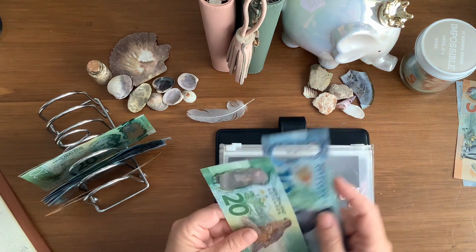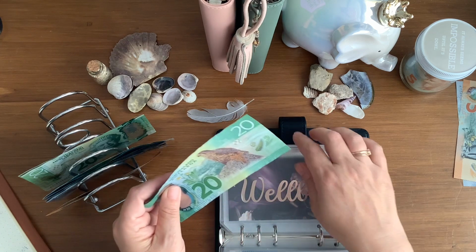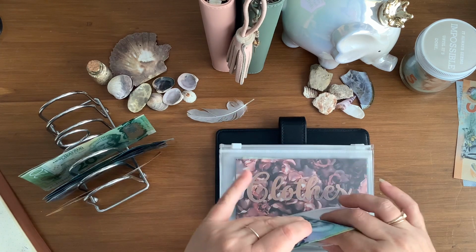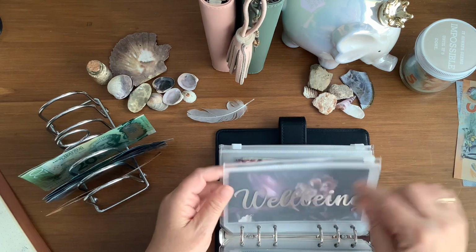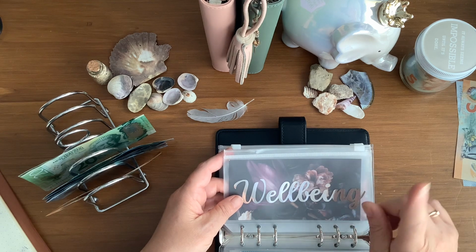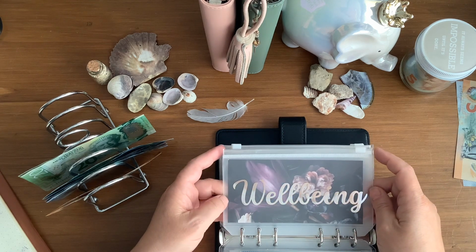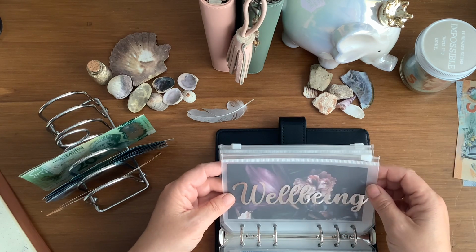That has 30. I'm going to give it 10 for 40. And there are some demands on this envelope as well. I want a new yoga mat, which I could fund, but wellbeing also helps to fund vitamins, and the kids are out of one of their daily vitamins, so